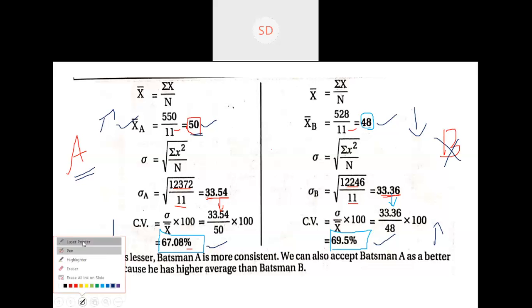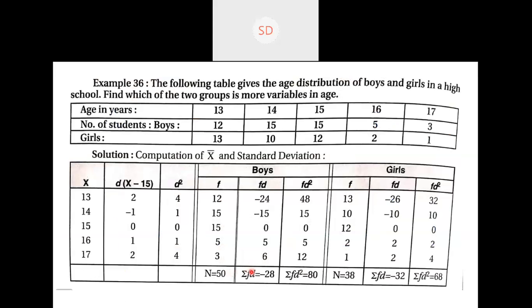So these two were the problems for individual series. Now let's understand the discrete series problem. Those two problems directly were from individual series. Now they will not tell you whether it is an individual, discrete or continuous series. You have to read the problem thoroughly, analyze and understand the problem. Only then will you be able to solve it accordingly.